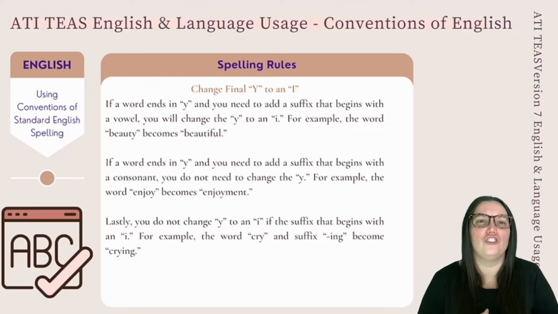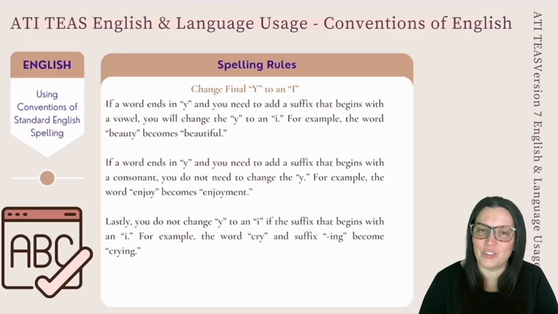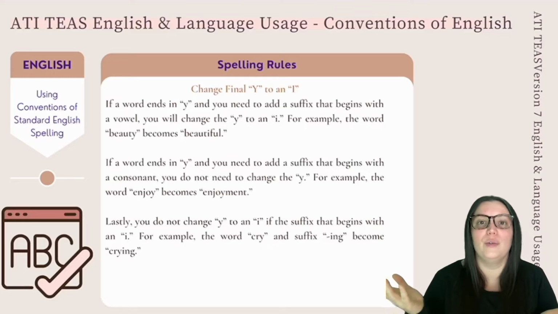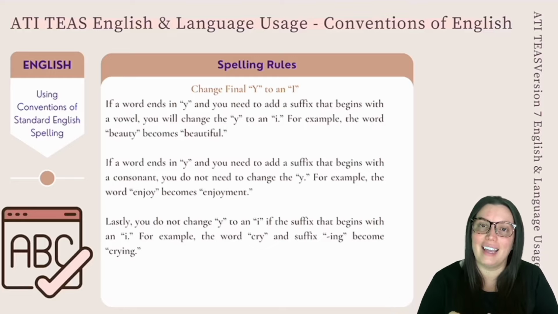And lastly, we have change the final Y to an I. If the word ends in Y and you need to add a suffix that begins with a vowel, then you're going to change the Y to an I. So for example, the word beauty becomes beautiful. We remove the Y at the end of beauty and make it an I so that our suffix full, F-U-L,